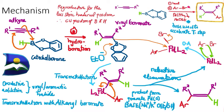The key takeaway message here for Suzuki coupling is the hydroboration step, and after that you perform your oxidative addition between your aromatic or specific vinyl, aryl triflate or halide. We have to perform that reaction with the palladium complex, in order to create our palladium 2 from palladium 0, so that it will be active, and then once that is done we can form our transmetallation step in the presence of a base to form our intermediate reagent that brings the aromatic segment and our alkene segment together. Therefore this will lead to the formation of our final product by reductive elimination. So that is it for the Suzuki reaction